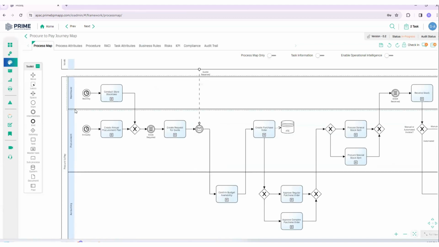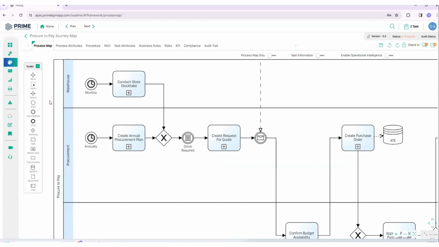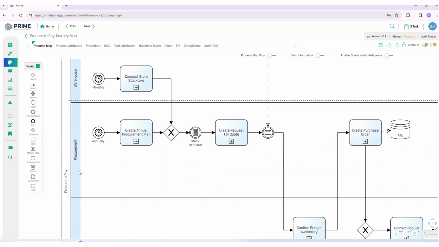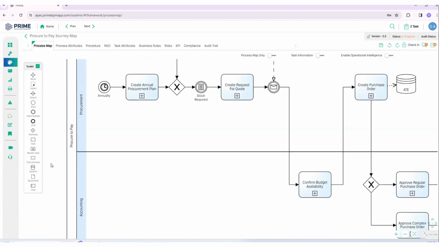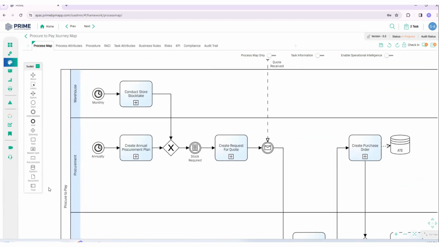We also know the business units that are involved, and they are our warehouse team, the procurement team, and the accounting team. So the warehouse and procurement teams told me that this journey is actually triggered in two ways. The warehouse team usually does a monthly stock take, which could result in a list of stock running low that needs to be purchased. The procurement team tells me that they do an annual stock planning, which is used to